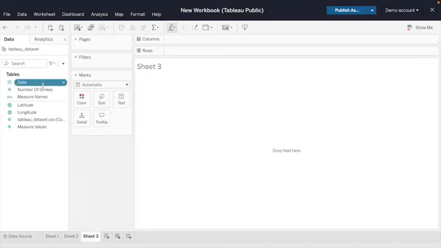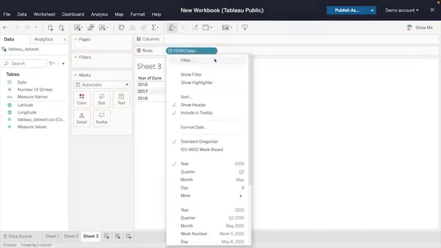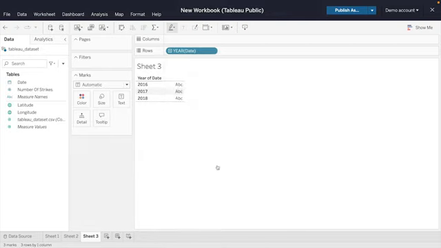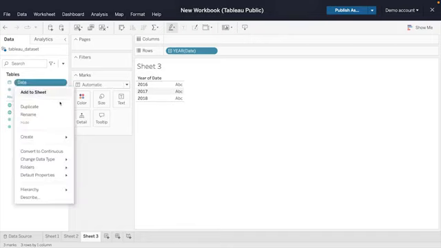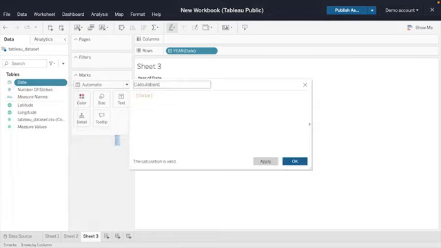To start, drag date to the row field and select year. Next, you need to create a calculation that derives the month from the date string. In the date drop-down menu, click Create and select Calculated Field. A pop-up will open. Let's give the calculator a title. For the calculated field name, input month.